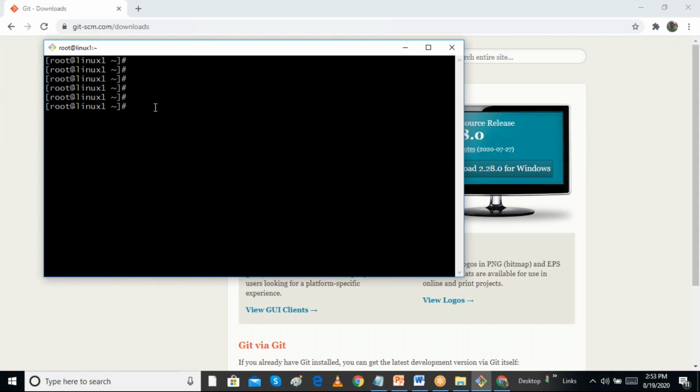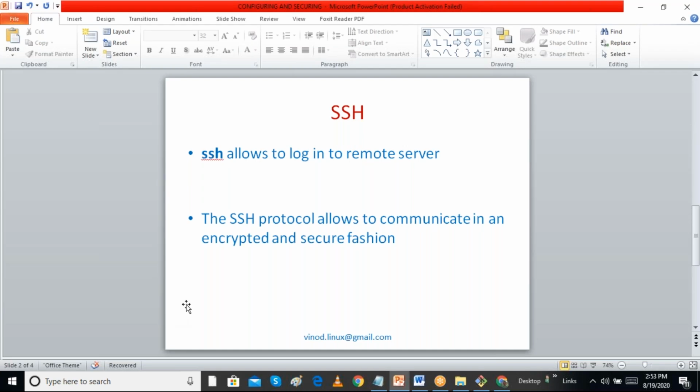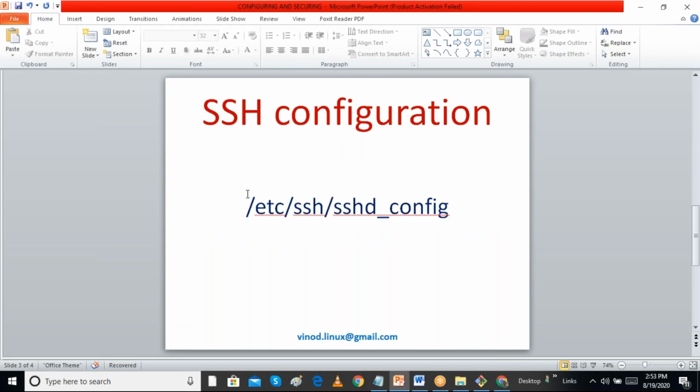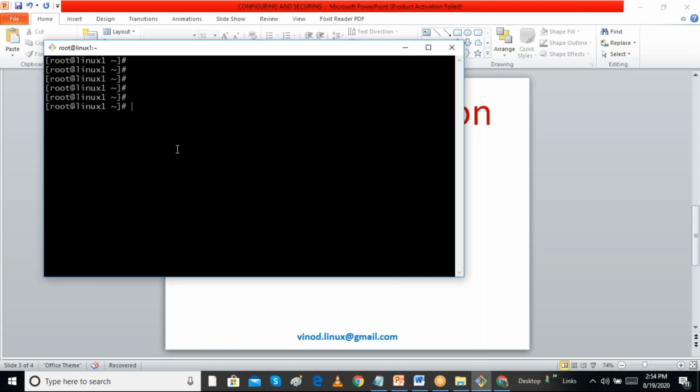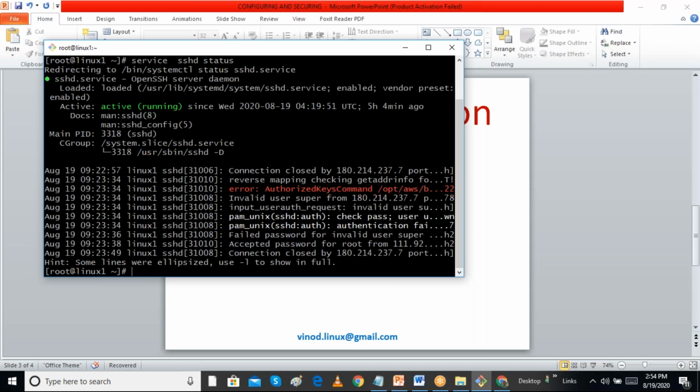Now sometimes this user-based logon is not allowed. Sometimes we are allowed to log in using key-based authentication only. So we have to know that in SSH we have a configuration. The configuration file for SSH is /etc/ssh/sshd_config. There is a service working here, and we can check its status using service sshd status.